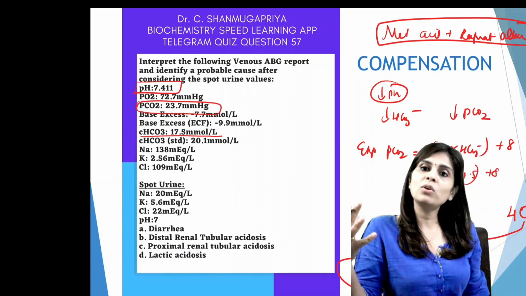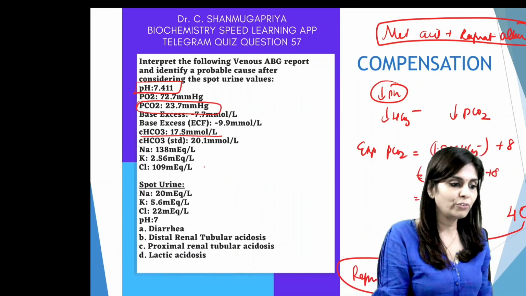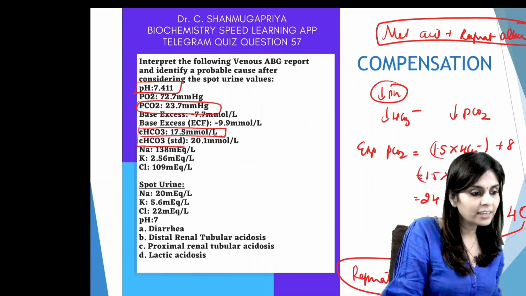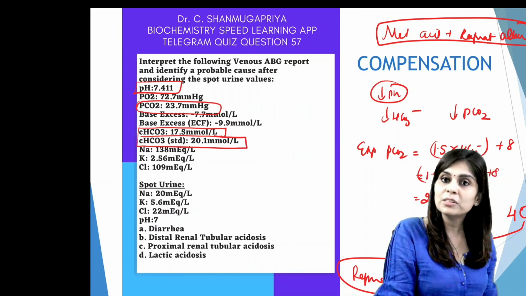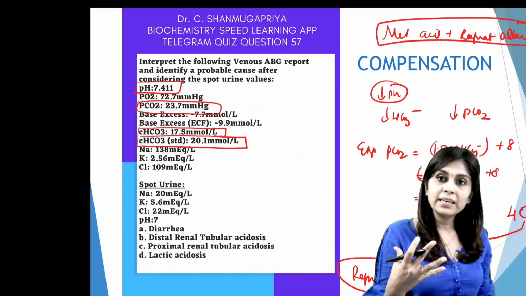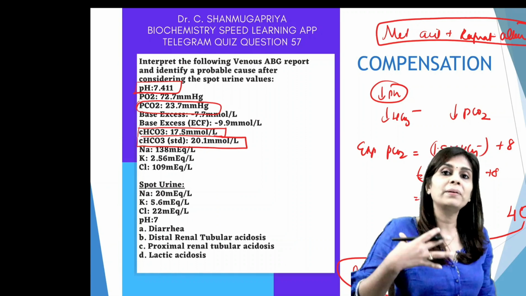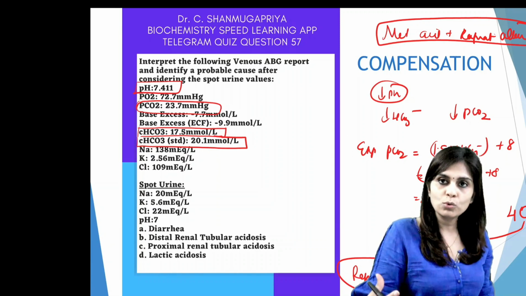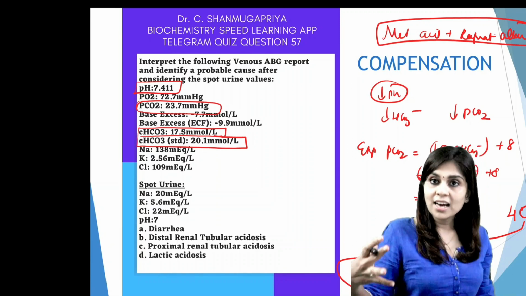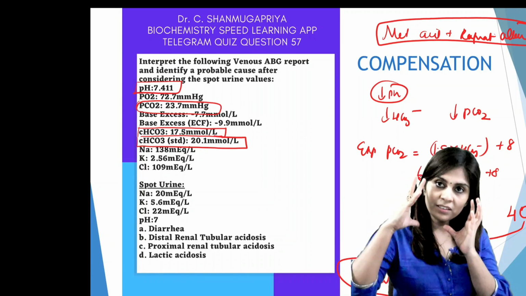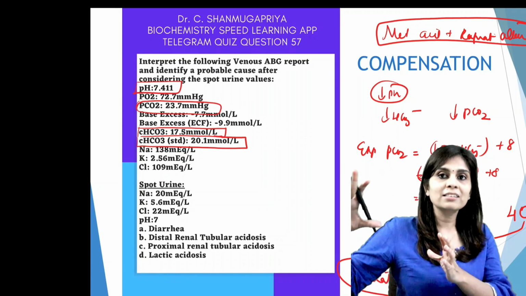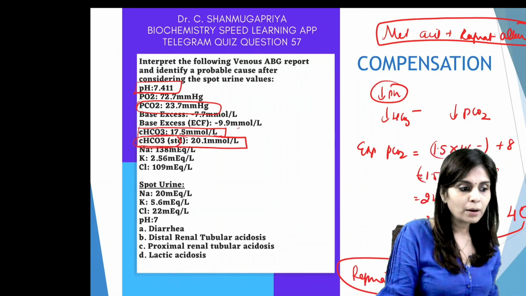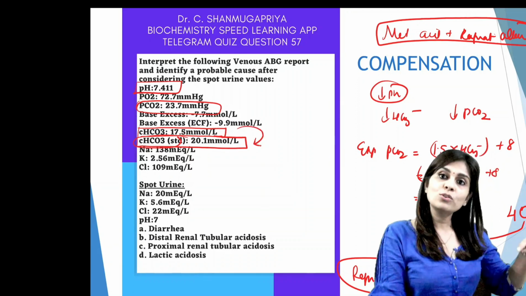This diagnosis of metabolic acidosis with respiratory alkalosis is also confirmed by the bicarbonate value, by actual bicarbonate value and standard bicarbonate value. This I've told you so many times in my previous videos. What is standard bicarbonate? I said standard bicarbonate is a predicted bicarbonate value when the blood sample is equilibrated with normal PCO2 and normal PO2. Or in other words, if the respiratory system of the person is working properly, what would be the expected bicarbonate?